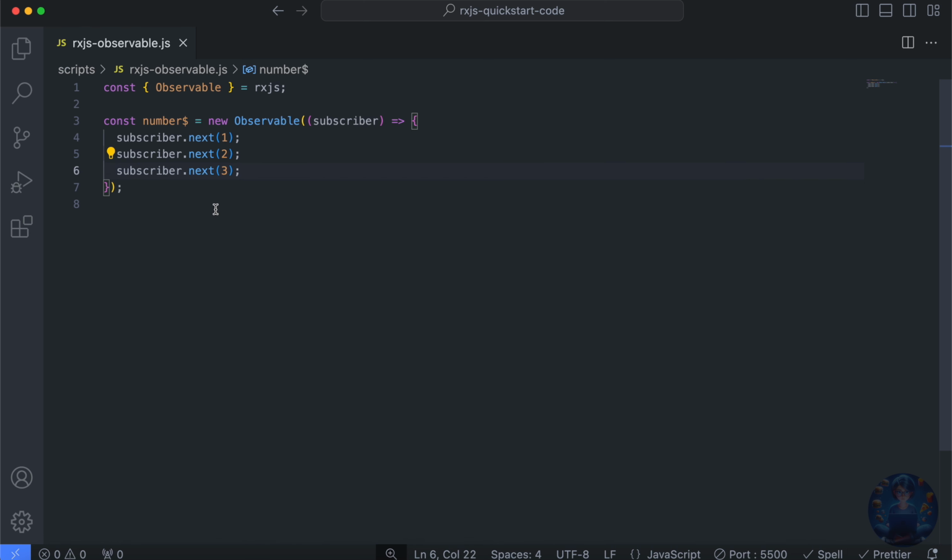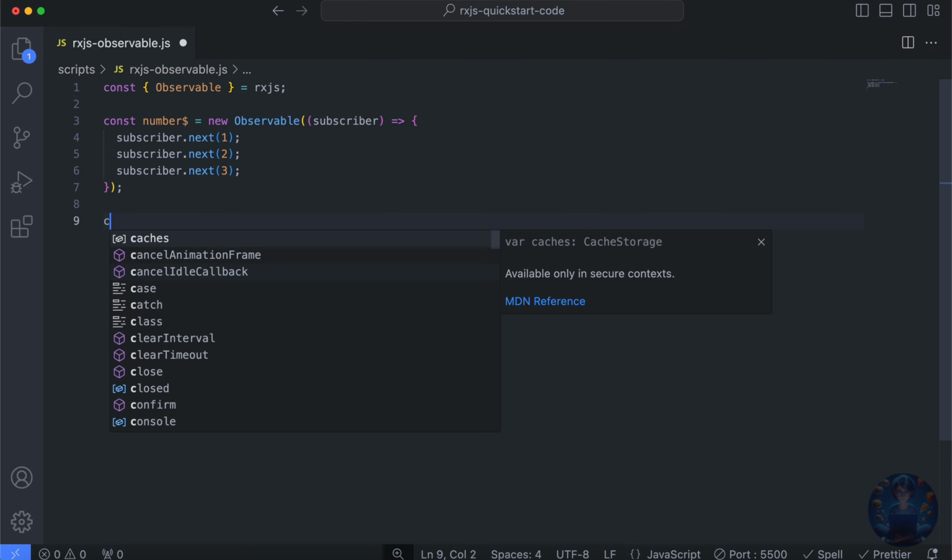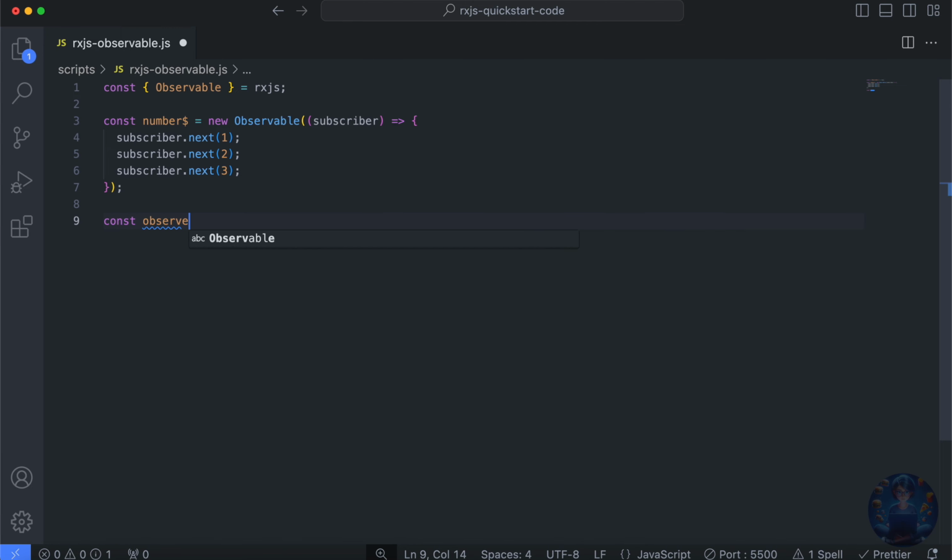Okay. Now that our data producing observable is ready, let's proceed to create an observer. There are a couple of ways to define an observer. Let's use the option where the observer is an object with 3 properties. We'll call it as observer only. Okay.